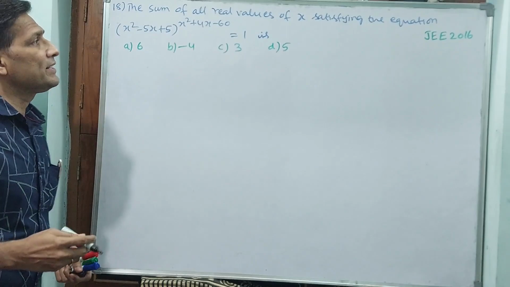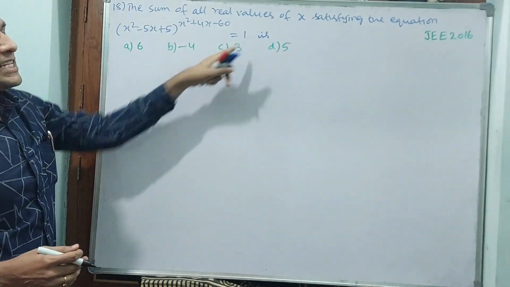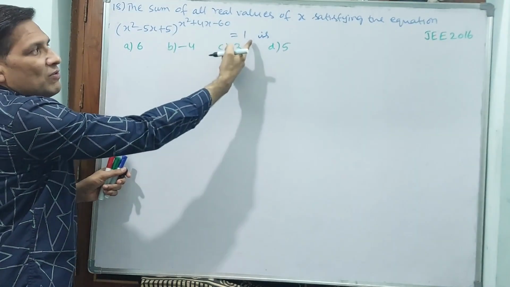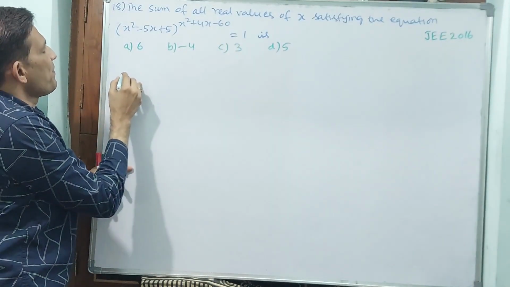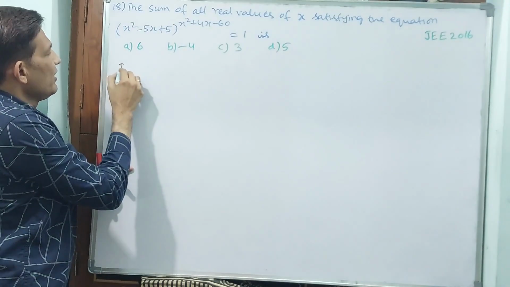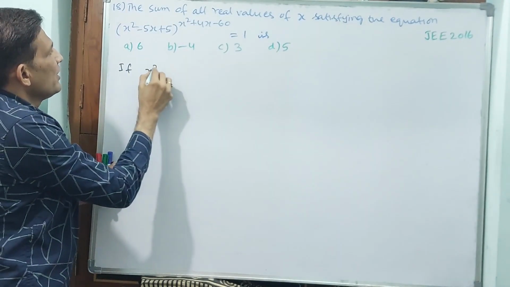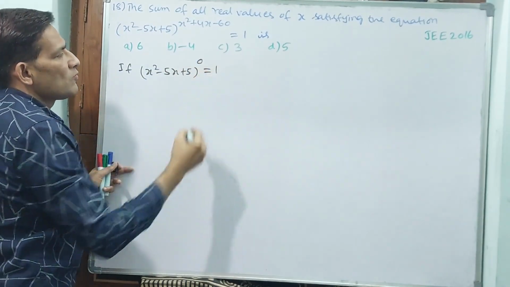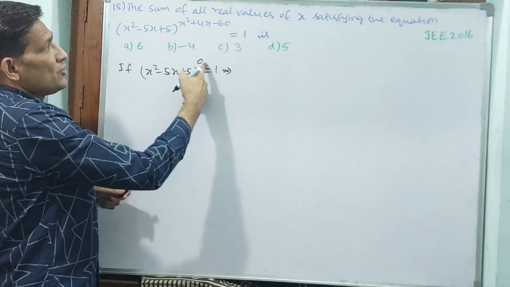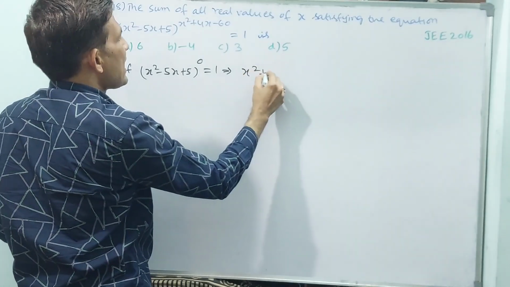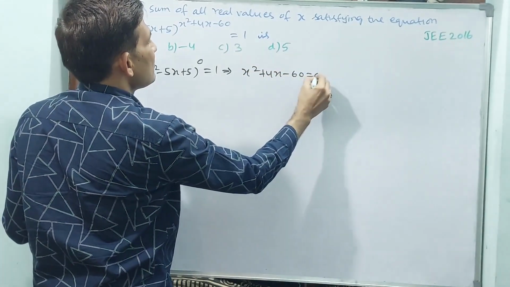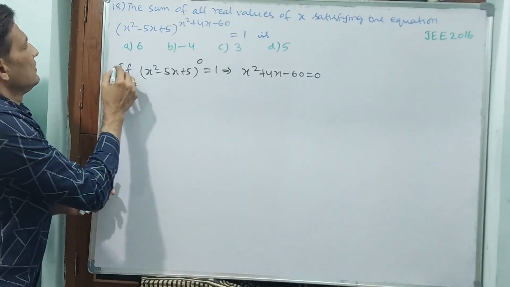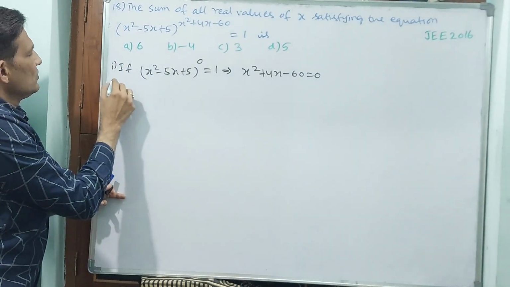See here, to satisfy 1, what do you require? Any base to the power 0 is equal to 1. That we know. That means, if (x square minus 5x plus 5) whole to the power of 0 is equal to 1, 0 means what? You have to take x square plus 4x minus 60 equal to 0. Okay? This is one case. First case. Second case,